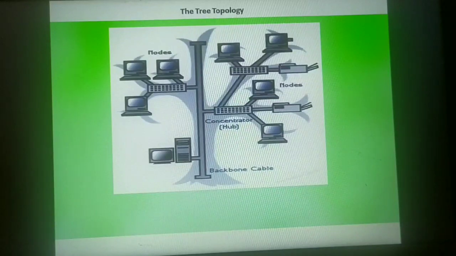Here the transmission of data packets is very similar to the bus. So let us see the working. Let us consider this to be the sender and this to be the receiver. When the sender sends the data packet, it first reaches the nearest hub. A copy of that packet is sent to this node and to this node, as well as a copy to the cable. Now that packet has the capacity to travel along the length of this cable.